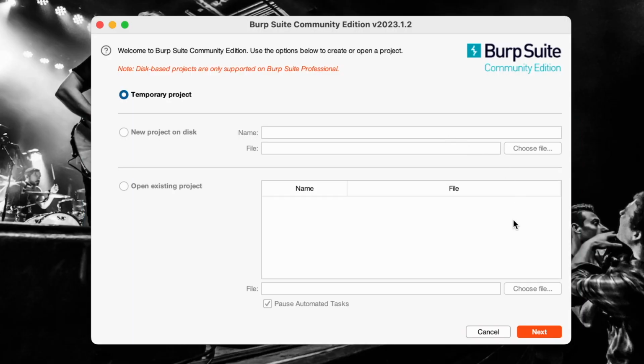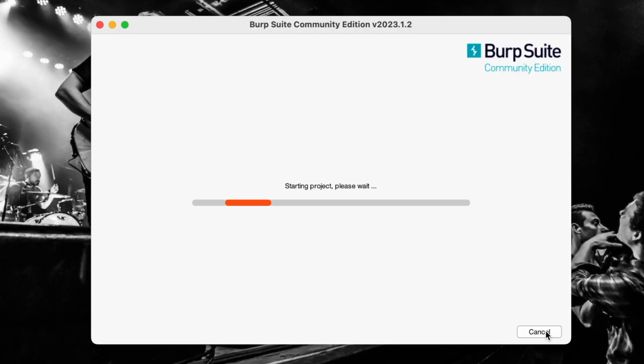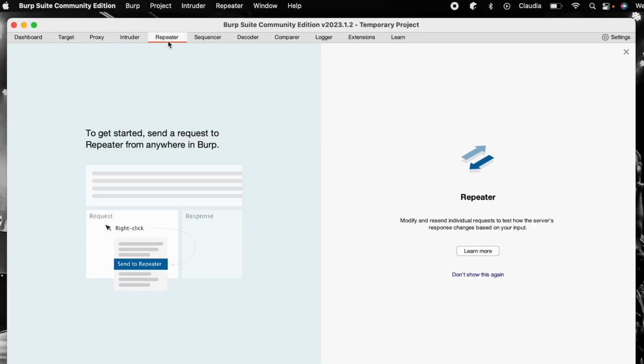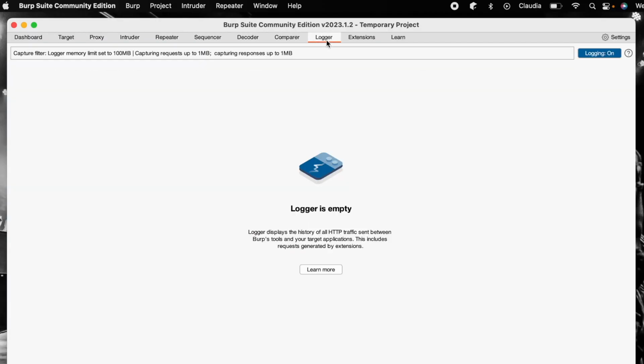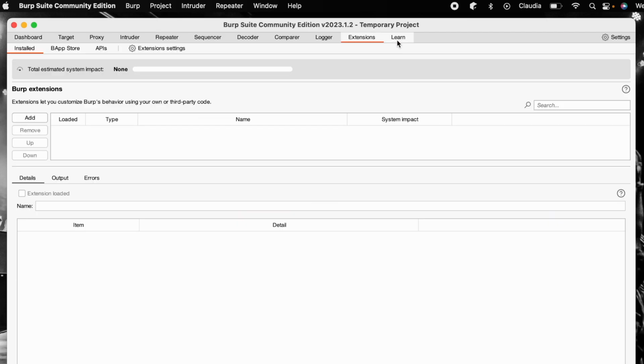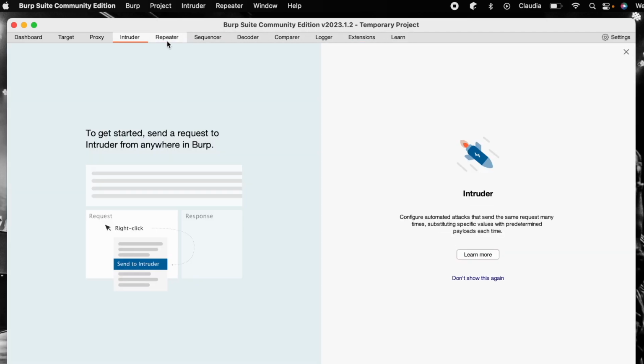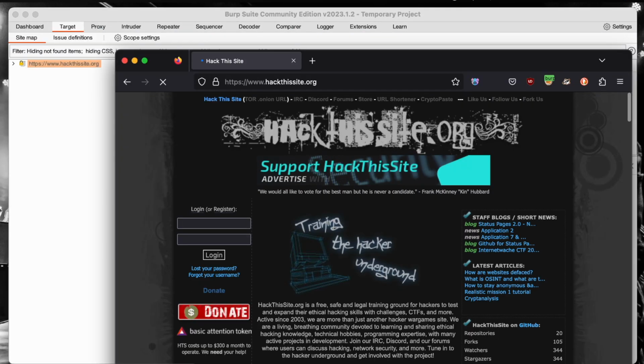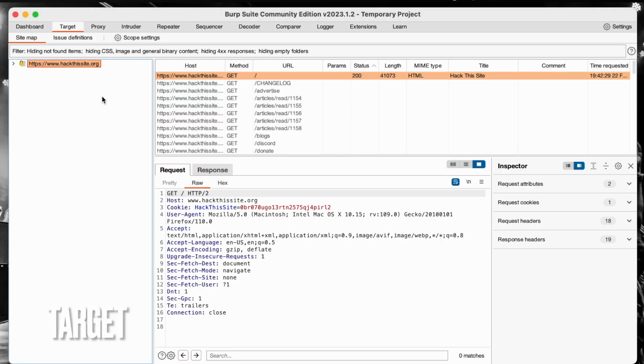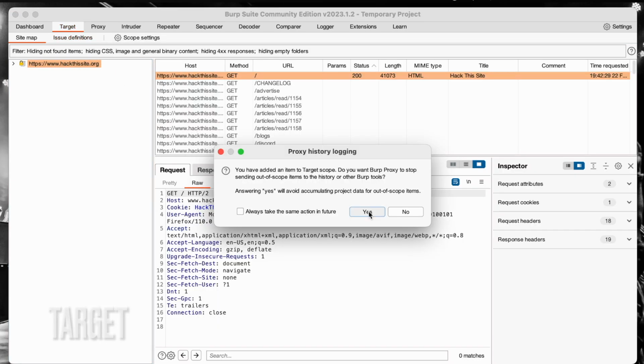What is BurpSuite? BurpSuite is an integrated platform for performing security tests of web applications. Its various tools work seamlessly together to support the entire testing process, from initial mapping and analysis of an application's attack surface through to finding and exploiting security vulnerabilities. The Target tool enables you to define which targets are in scope and contain the sitemap, which shows you detailed